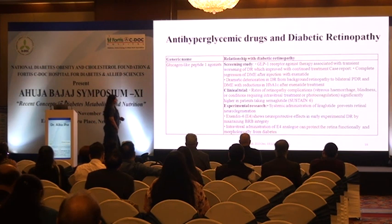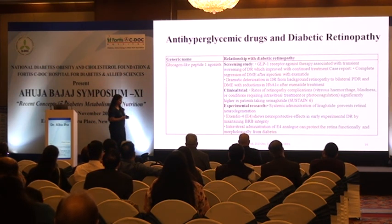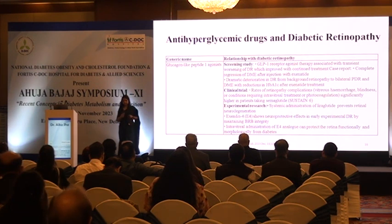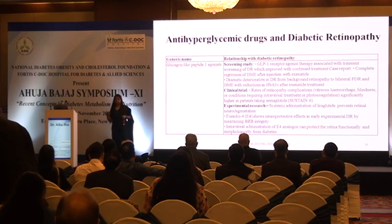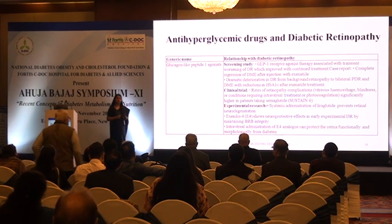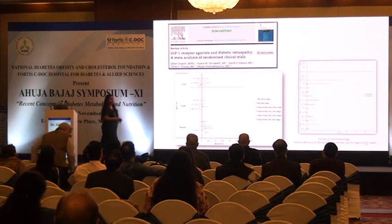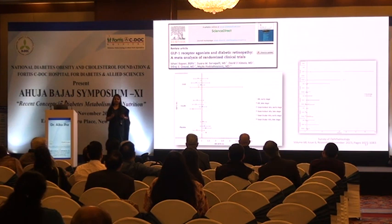The GLP-1 receptor agonists are a bit of a controversial agent with regard to diabetic retinopathy, because there are some controversial results from recent trials which have shown that the use of these GLP-1 receptor analogs increases the risk of diabetic retinopathy progression. So whether it is a myth or the reality, let's look at some facts and evidence to demystify that. This is the analysis of 93 randomized controlled trials involving around 106,000 patients,